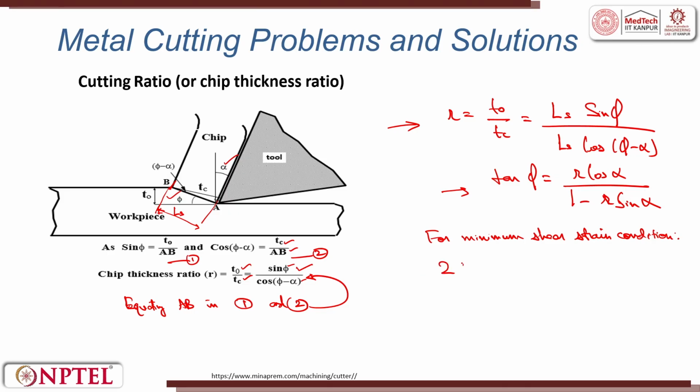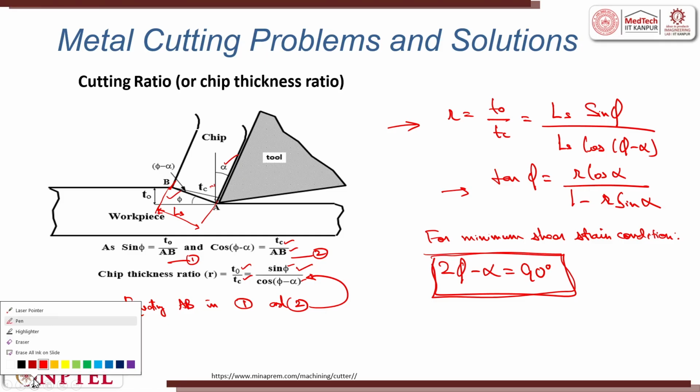It comes when 2 phi minus alpha is equal to 90 degree. We get 2 phi minus alpha here, that becomes 90 degree. So that becomes when the shear is minimum. And if suppose we wish to calculate the velocity, I will put here in this direction we have